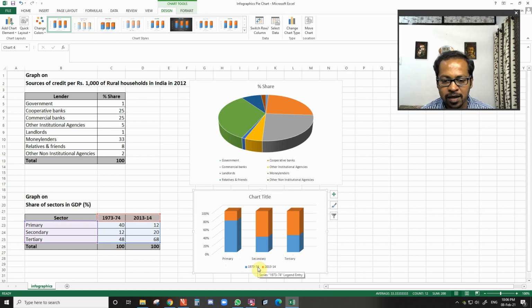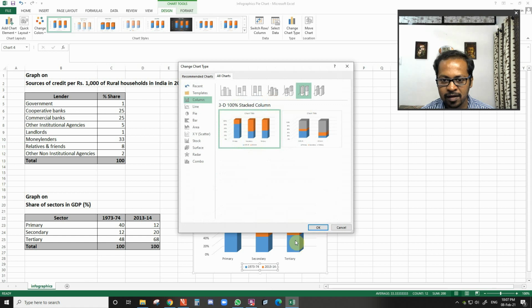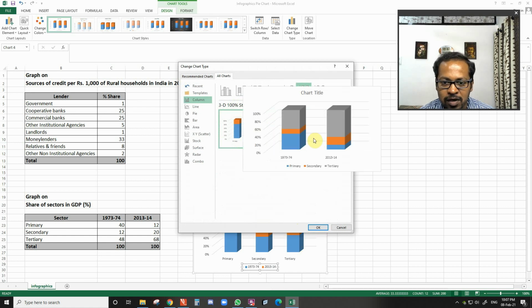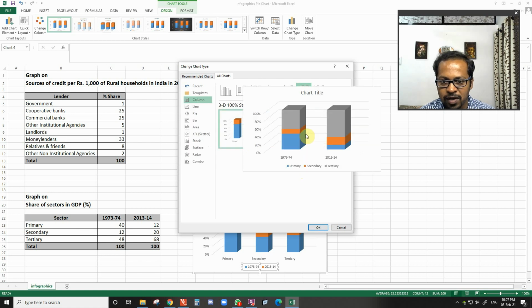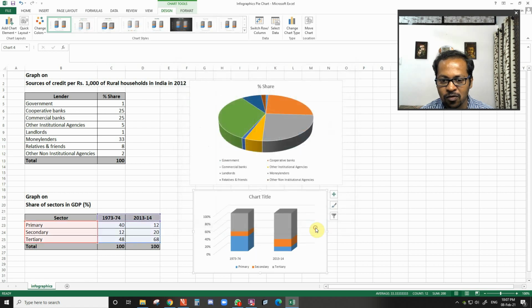So I will click on this part and I will right click with the mouse, and I will select this change chart type. So here you are able to see one option. Look here. So here my problem is getting solved. So in place of 3 bars I am able to get 2 bars. So I will click on this and I will press OK.